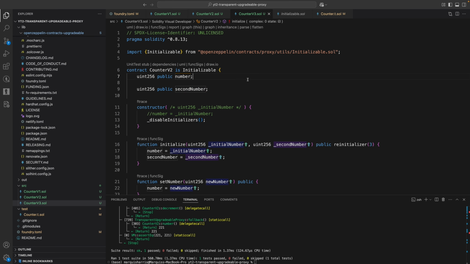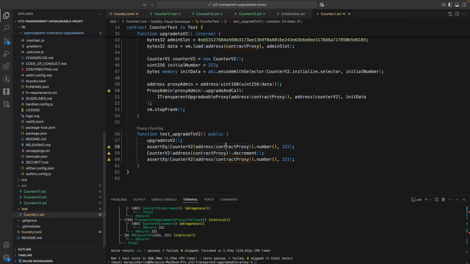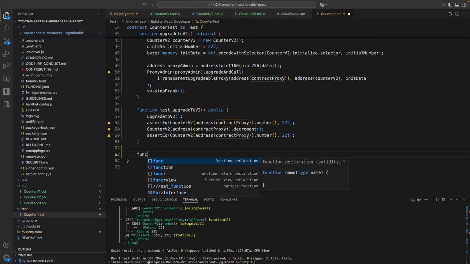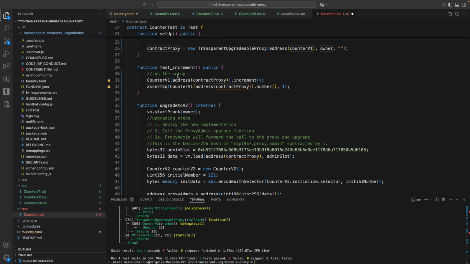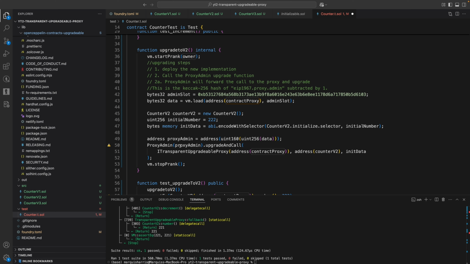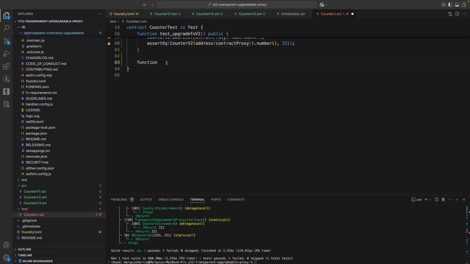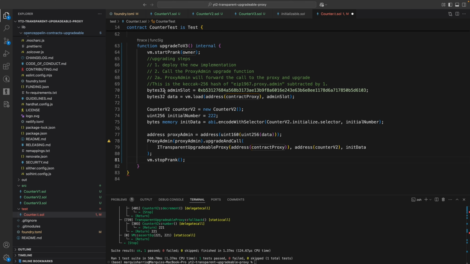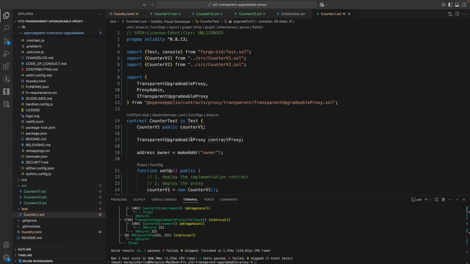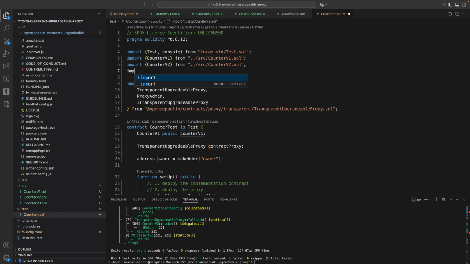So let's just do that for version 3. And then let's write another function at the very bottom. Let's just write one similar to upgrade to v2. So let's just copy all this, paste it. Actually, first let's finish the naming. Upgrade to v3 internal. Okay, nice. So we copied that, and let's go ahead and import the counter